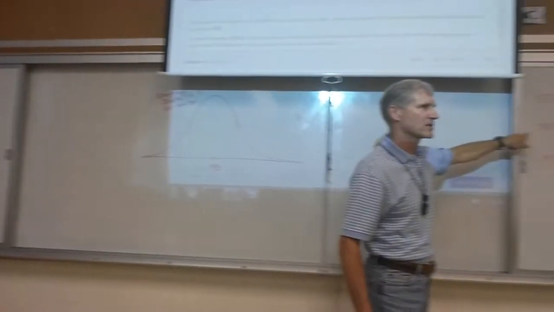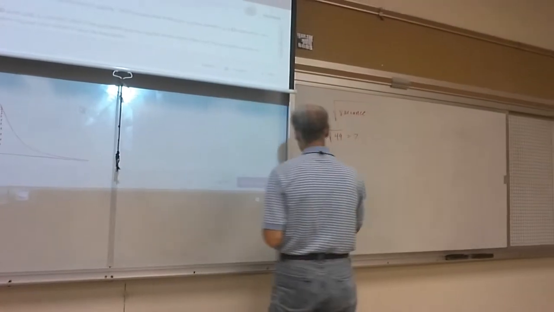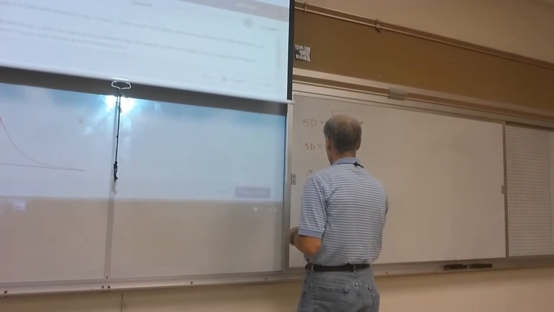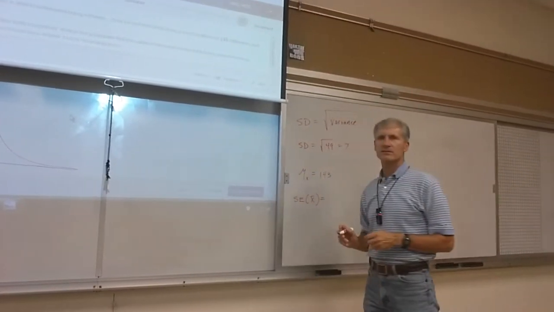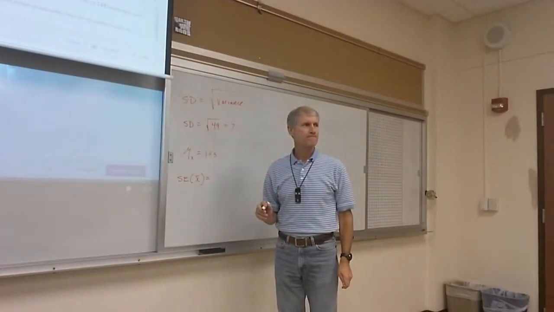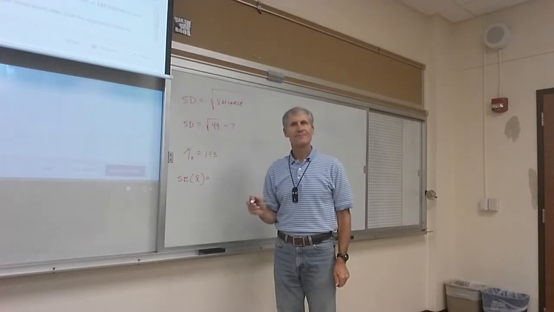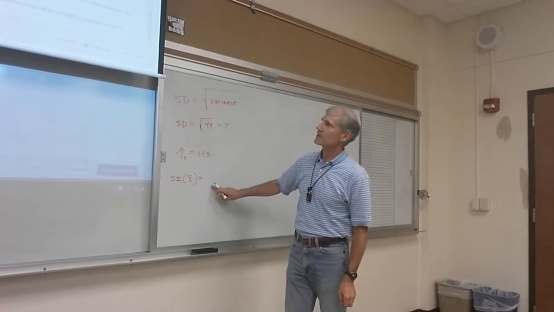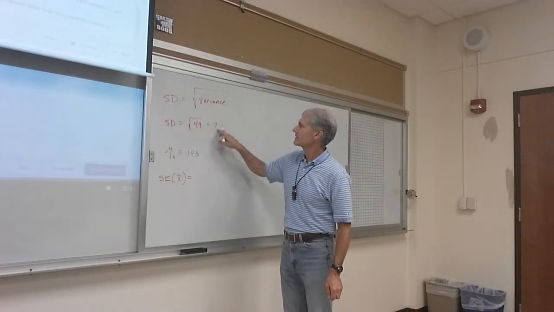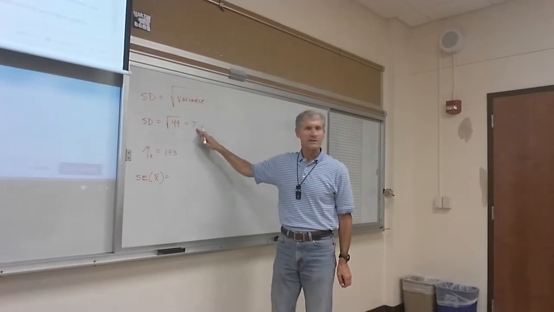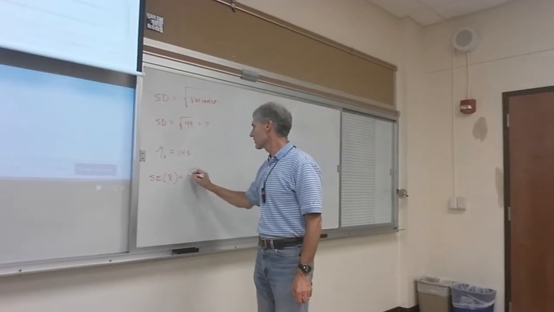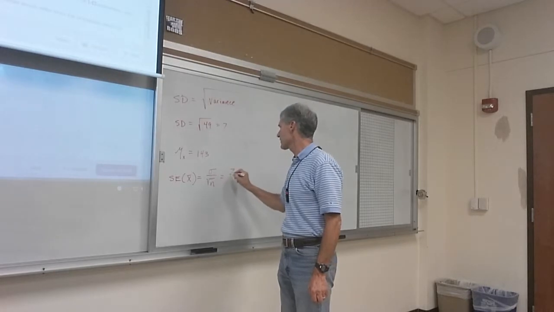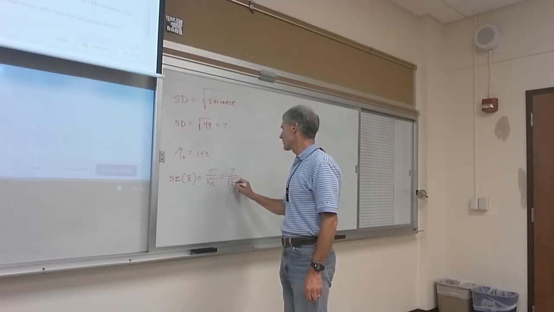Here's the standard deviation. What's the standard error? And this is by the central limit theorem. Standard error of x bar is sigma over square root of n. They tell us that sigma is 7. So I'll write sigma over the square root of n, which is 7 over the square root of 30, which is